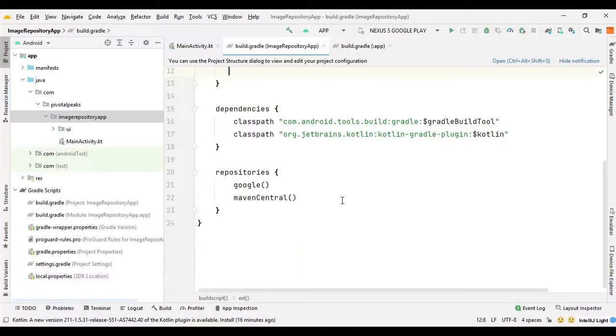Now we need to create a data class for the app where we can store the variables for our data. So for that we need some dependencies for Room database. Room is an ORM, object relation mapper, for SQLite database in Android. It's a part of architecture components. It makes using SQLite much easier for you by implementing annotations.